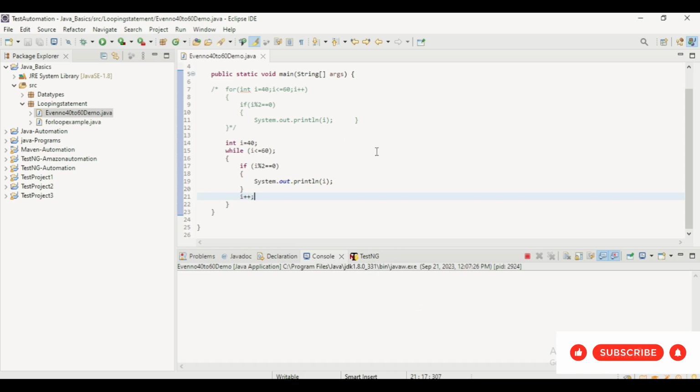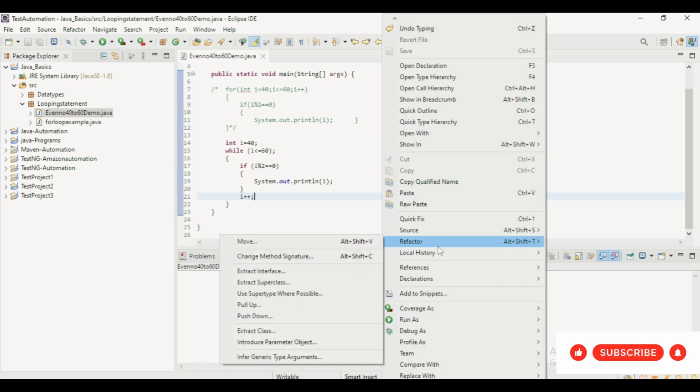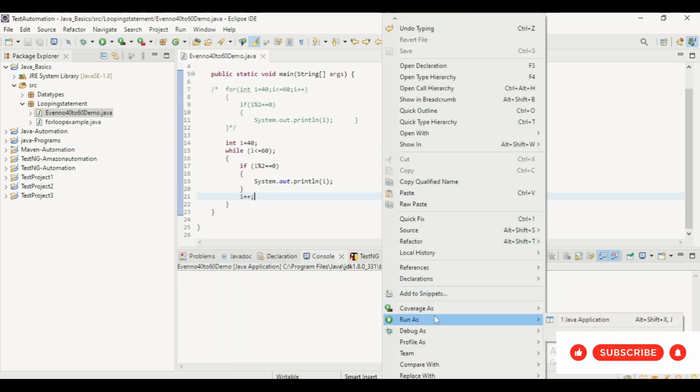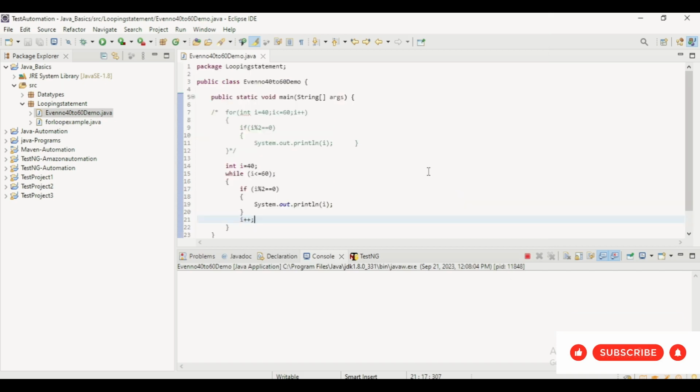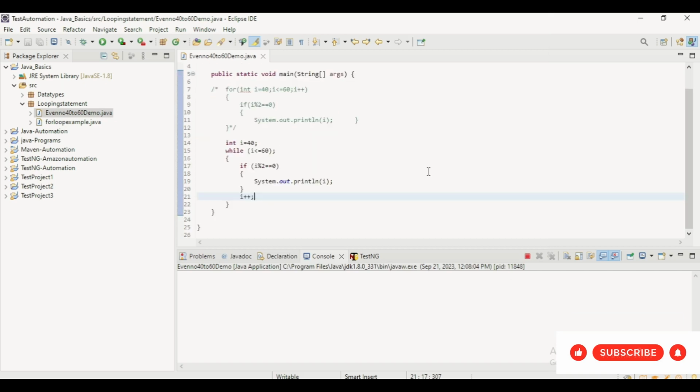It is not showing. Let's see what went wrong. First time it is